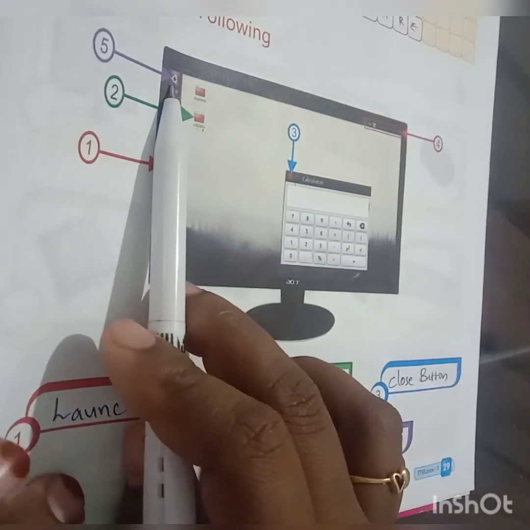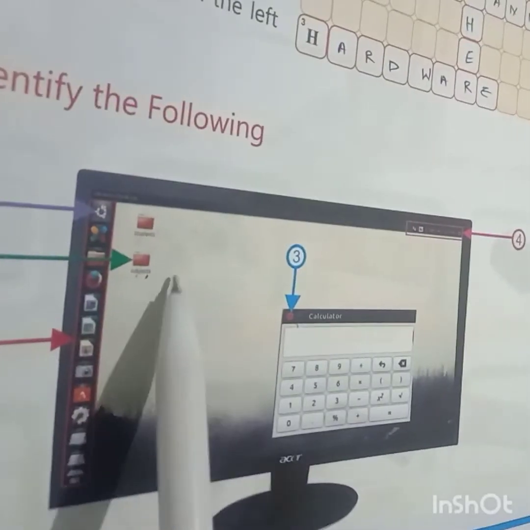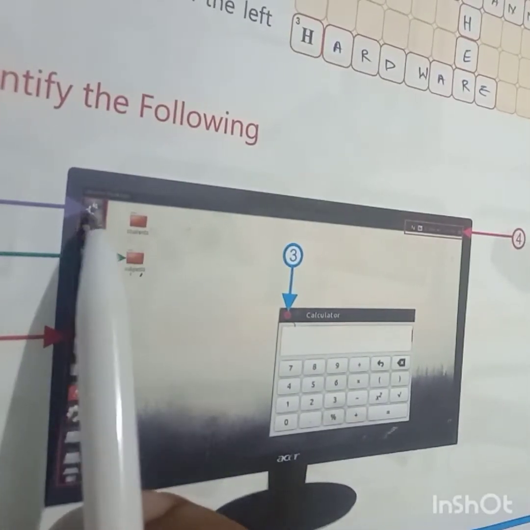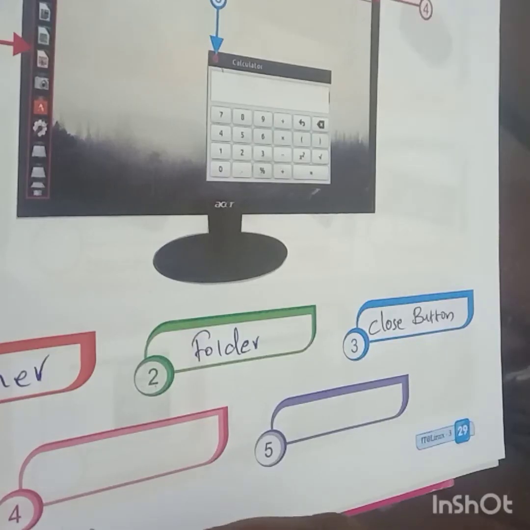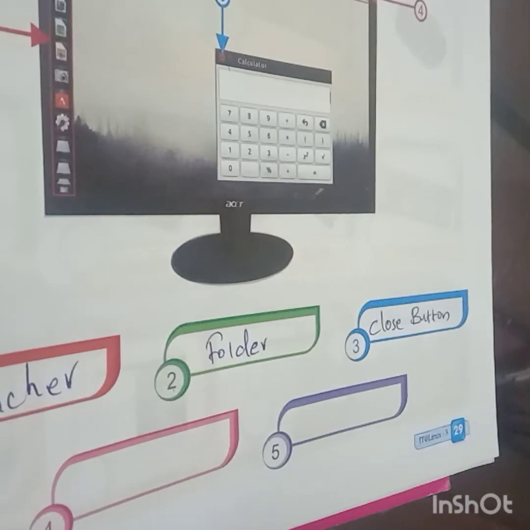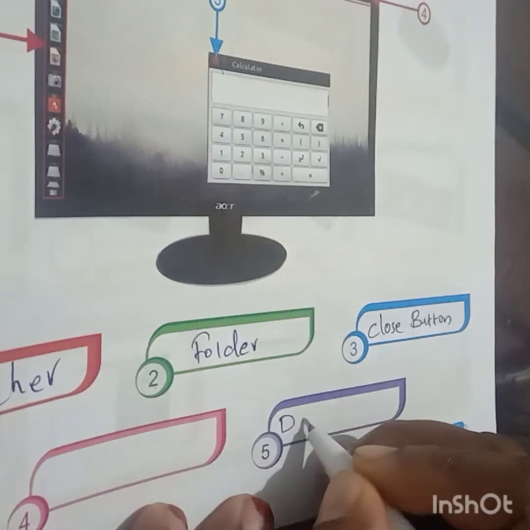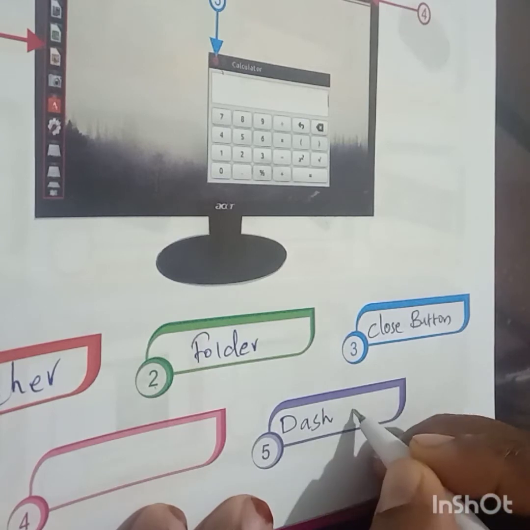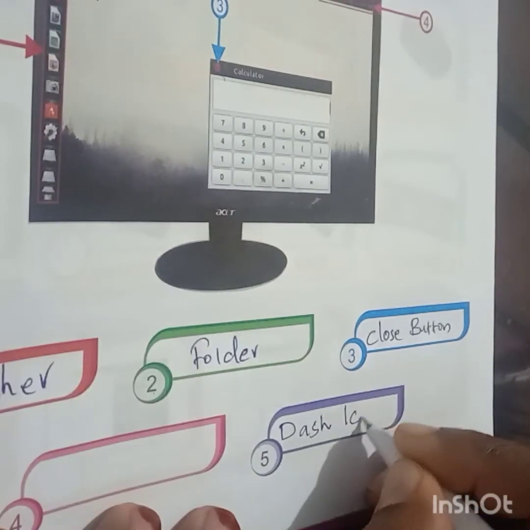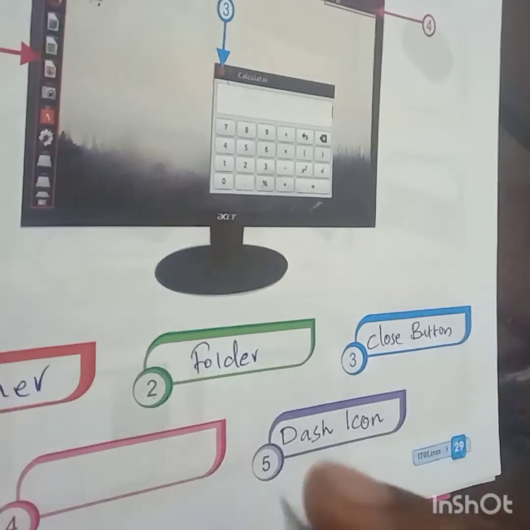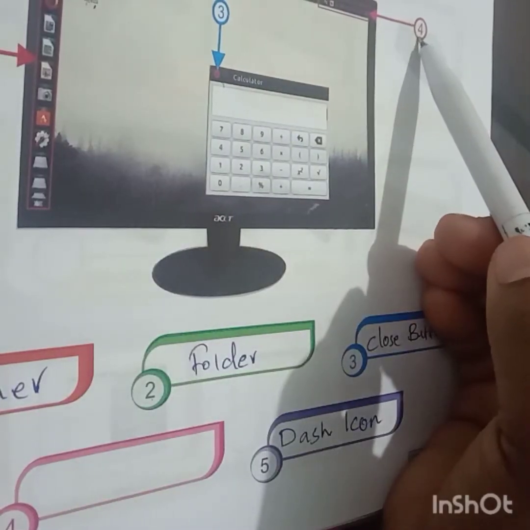Then which is the fifth one? Which is this symbol known as, children? See this symbol. This is the dash icon where we search the items, right? So that is dash icon. Now where is the fourth one? Here.